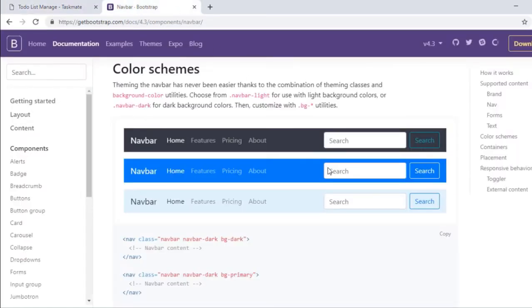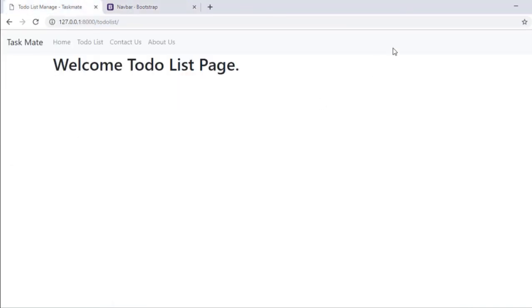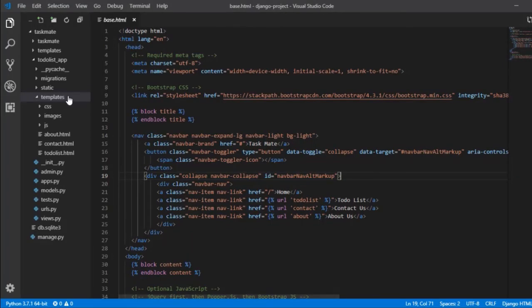What I'm going to do is use this particular navigation bar. I was surfing through Bootstrap and thought this would be a nice look. So we will be changing our navigation bar. And the second thing is we will be using a static folder. Earlier I talked about templates and all the HTML files, but here we will be using a separate static folder. I'm going to delete these 3 folders, that is our CSS, images and JavaScript here, and I will be creating a different static folder, and inside that static folder I'm going to store my CSS, images and JavaScript. Why? Because it is a good practice and I thought this is the right lecture to talk about this.